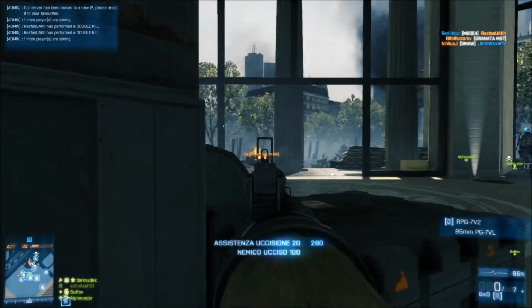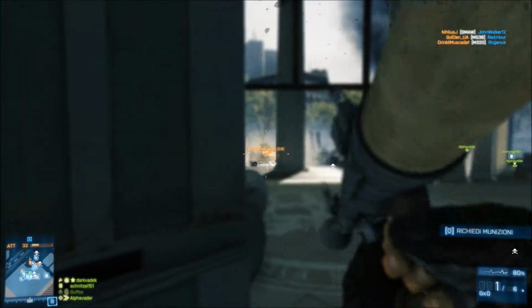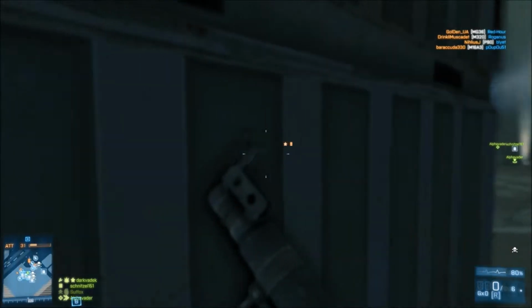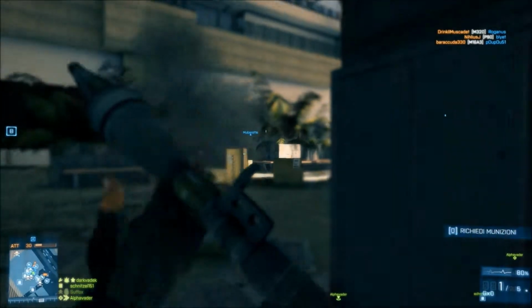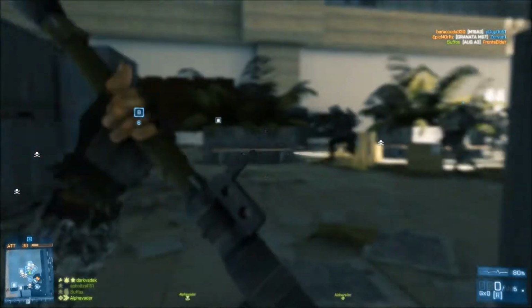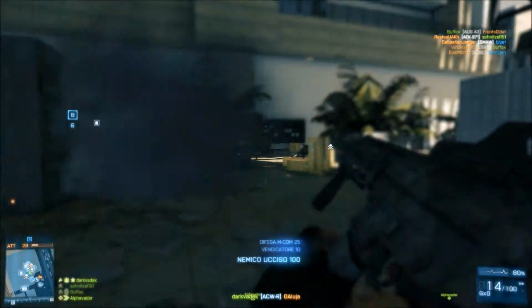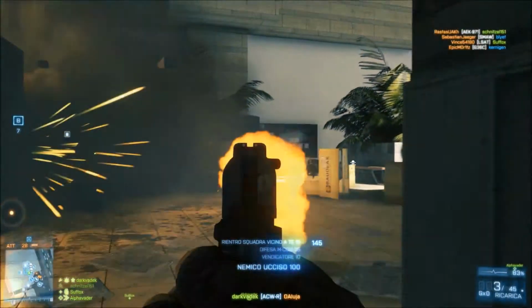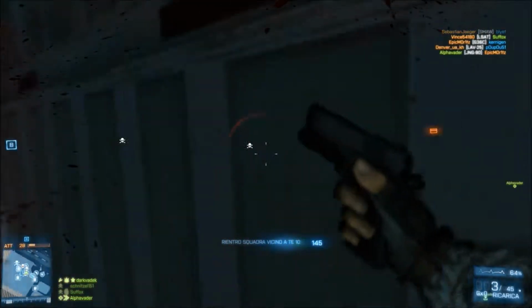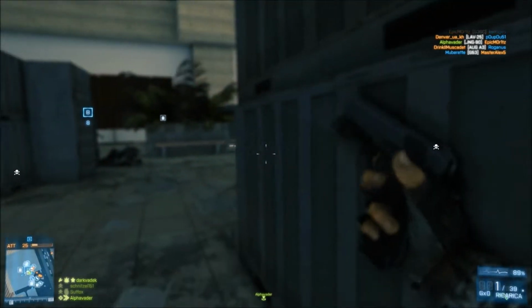Obviously, since there is not an overmind in Battlefield 3, there isn't anyone that is going to tell you, I mean, maybe some teammate, but no one with some authority that is going to tell you check on the right or check on the left. So it's all voluntary. You have to do it by yourself,